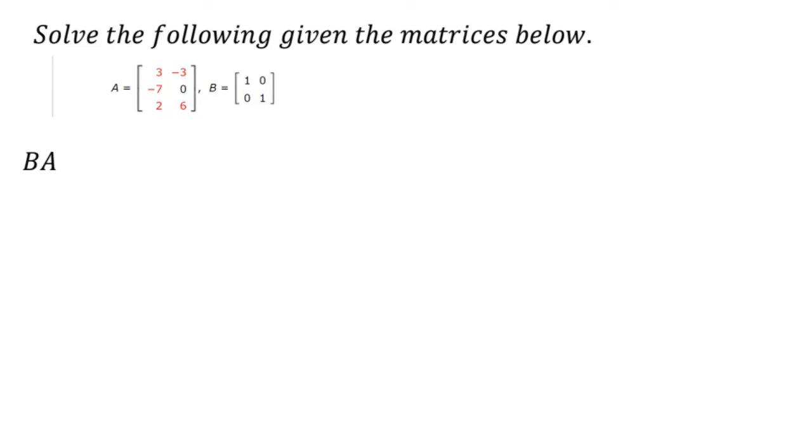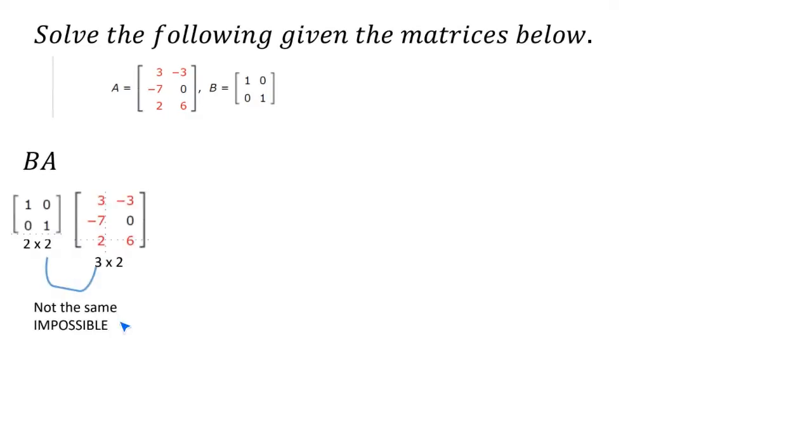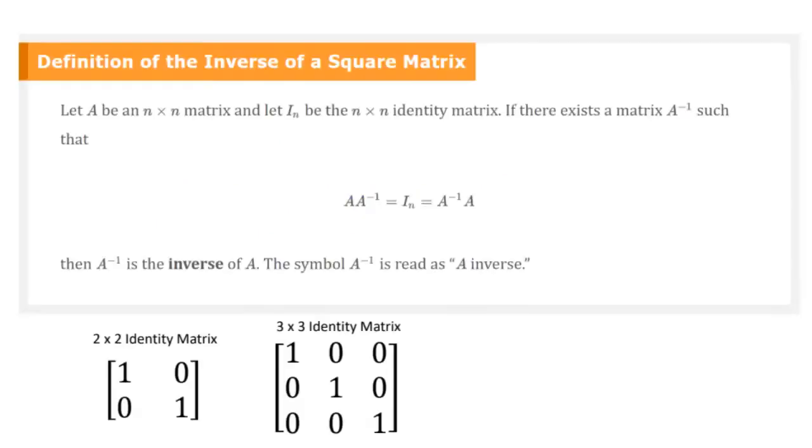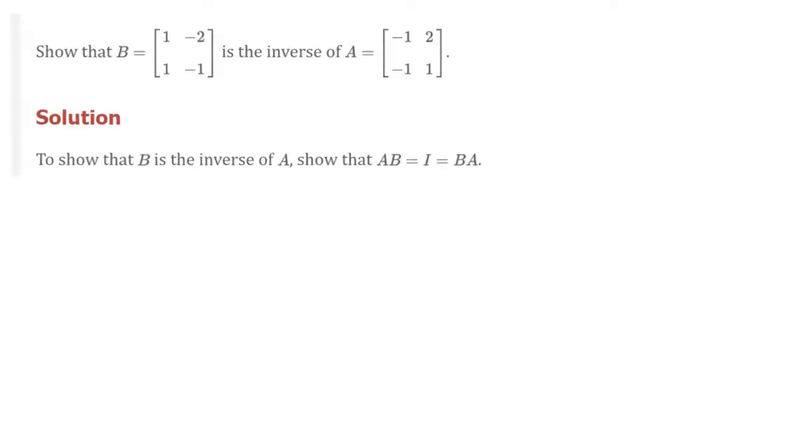Here we cannot multiply these together, right? Because this is 2 by 2 and this is a 3 by 2. Notice that the number of columns here and the number of rows are not the same. So the inside numbers are not the same, so we would just write impossible. I think that was it for the last part, which was going to be on inverses and